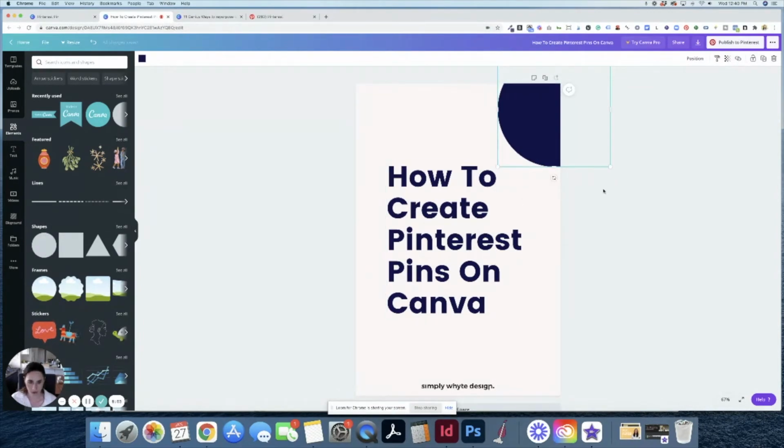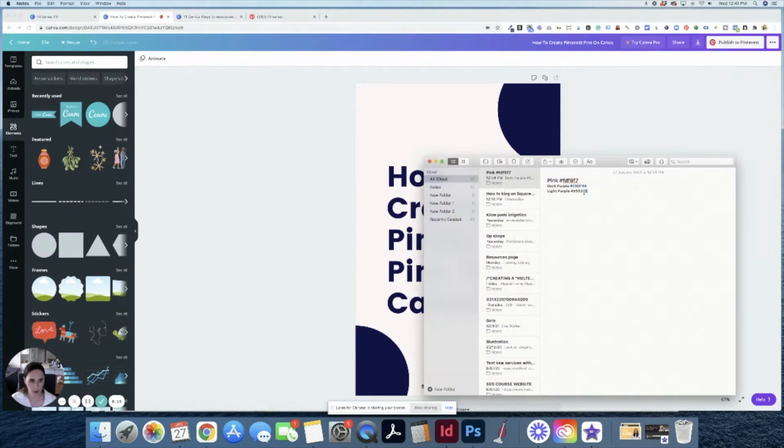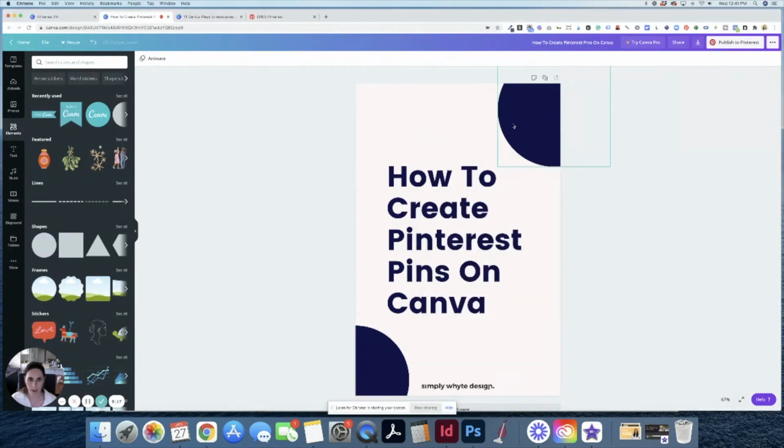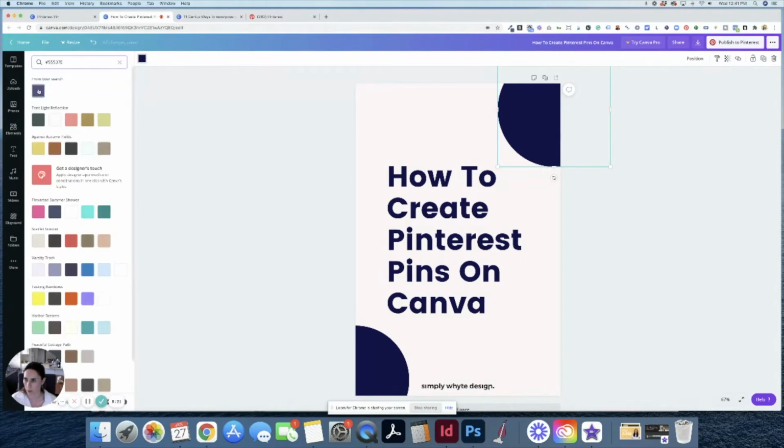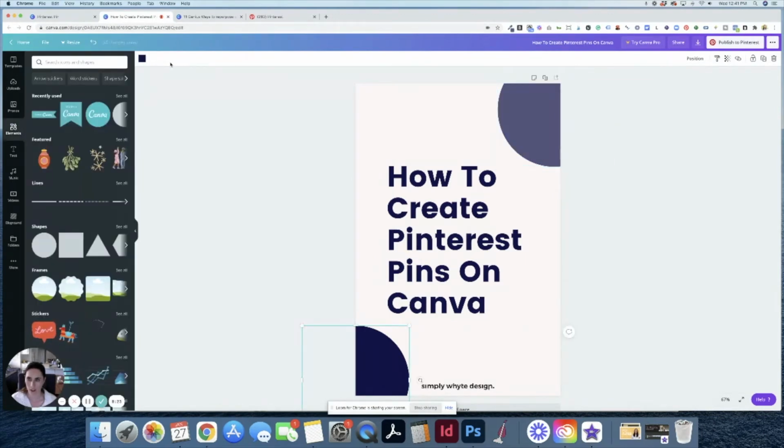So let's copy that. I'm going to Command C and Command V, and I might put this here, maybe a little bit over there. And I think I might change the color of those. So I'm going to come back over to my purple. So remember, these are my brand colors that I like to use. So I'm going to copy and paste and put that in there. And just to give it a little bit of